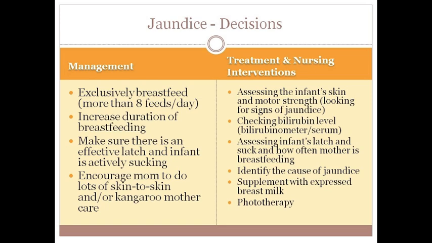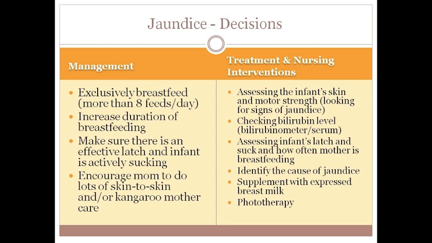For treatment and nursing interventions, assess the infant's skin and motor strength. Assess the baby in natural light as yellowing is more noticeable. Observe the sclera, oral mucosa, and skin. As a nurse, you can check the bilirubin level by using a bilirubinometer after 24 hours of life. A serum bilirubin test can be done if there is yellowing of the skin present, or the baby is sleepy